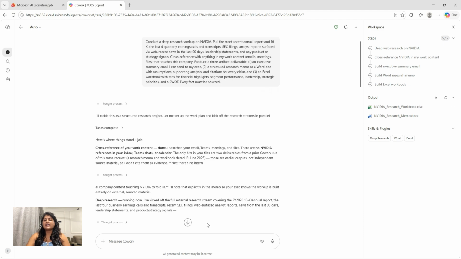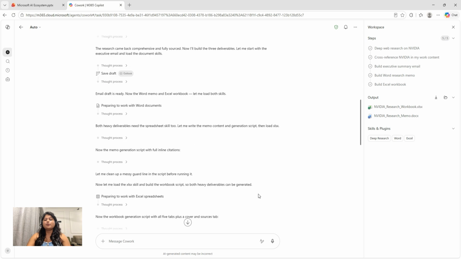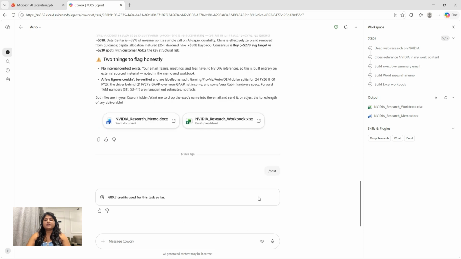Cowork has done the research for me and created documents like Word, Excel and PowerPoint. Now, if I want to see how many credits I have used for this particular task execution, all I have to do is type /cost and it is going to show you how many credits were used for this particular task, and each credit maps to around 1 cent. So this is a very great way to keep track of your usage.